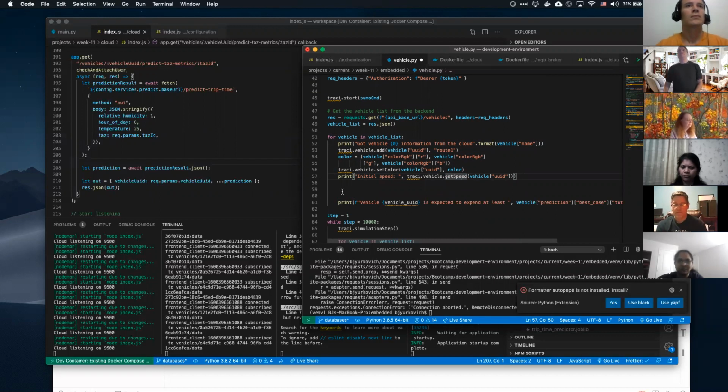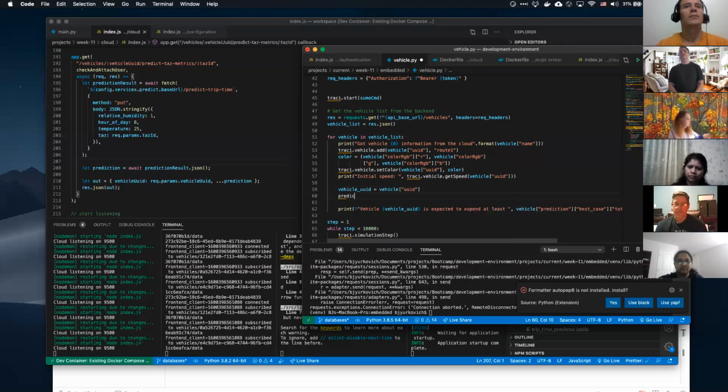So right here on the initial speed, we can also hit the gateway again. Notice I'm calling it a gateway now, not just the cloud. I'm hitting the gateway to then be able to get the prediction. So we'll do a vehicle UID is equal to vehicle of UID. So I'm just going to pull out that UID to make things a little nicer. And then I'm going to say the prediction.